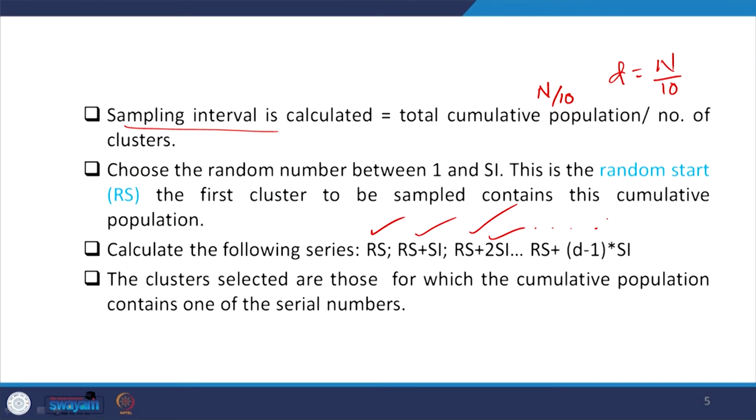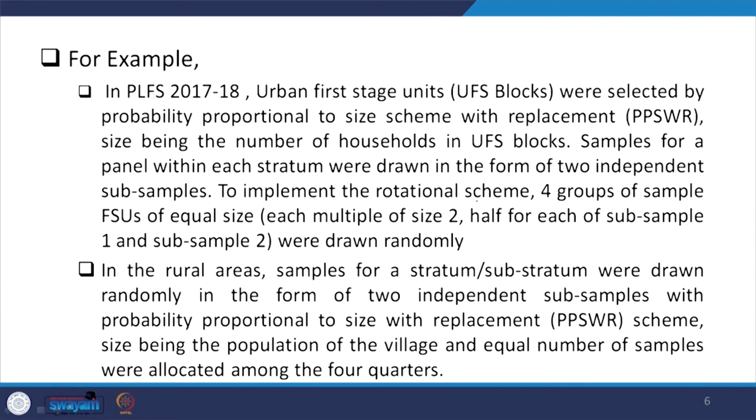So, this method includes three important aspects. One is the cluster design, then randomization, then the third one is the systematic approach, because you keep on adding the sample interval to the first unit selected or to the second unit selected. So, three methods are simultaneously included in probability proportionate to size sampling.